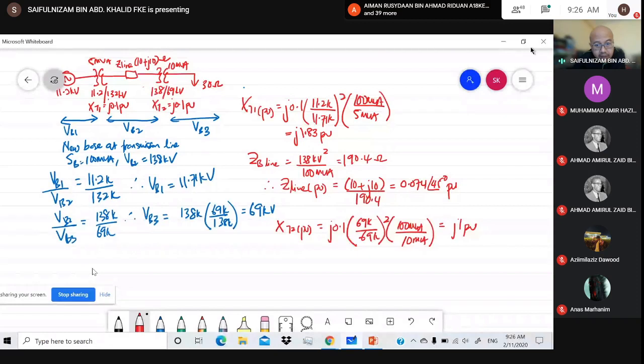And finally, for the passive load, so Z base load equal to